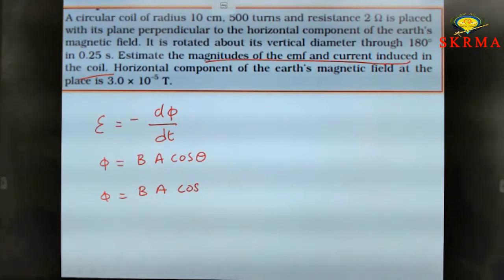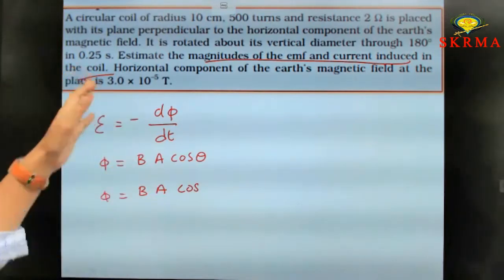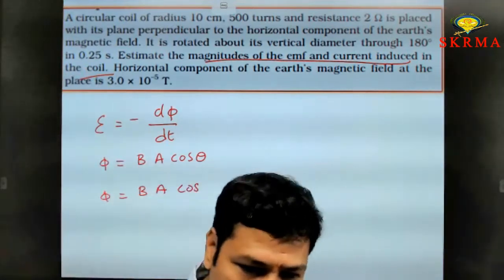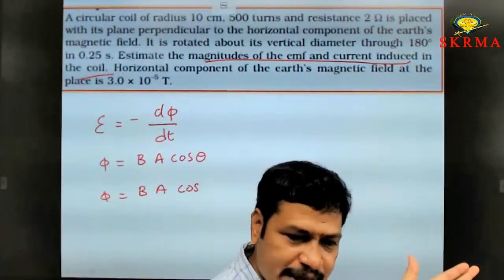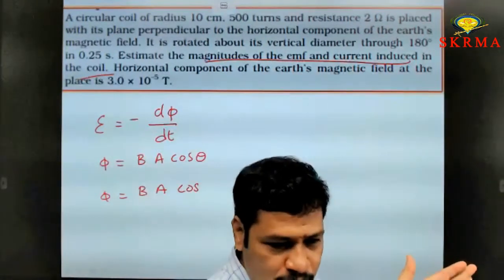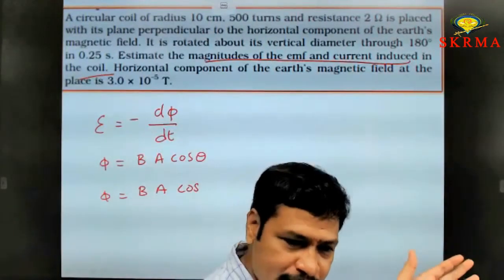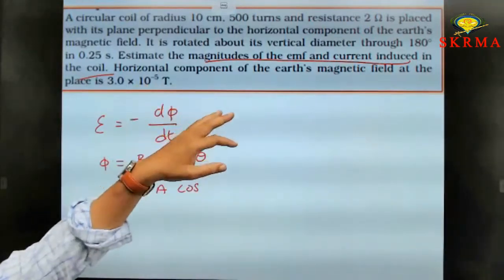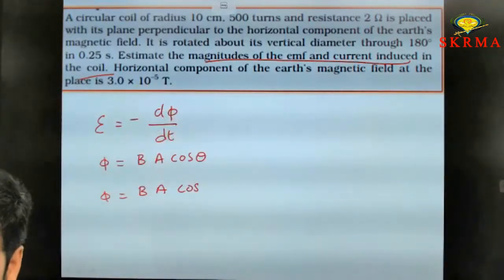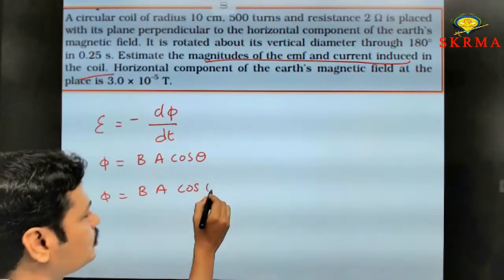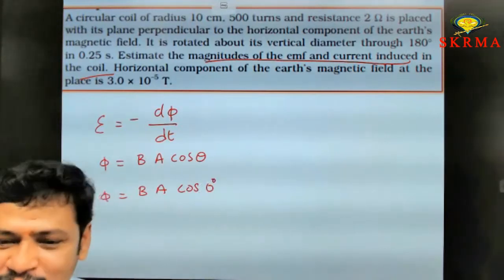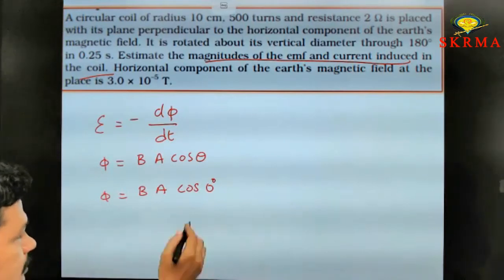If you observe this circular coil, if you want to measure the area of the coil, the area of cross section, it acts outward from the circular plane. Remember, in the same way here also, the horizontal component of Earth's magnetic field and the area direction are aligned in the same direction, so theta equals 0 degrees. Whenever it is perpendicular to the plane, it is parallel to the area. Remember here, cos 0.